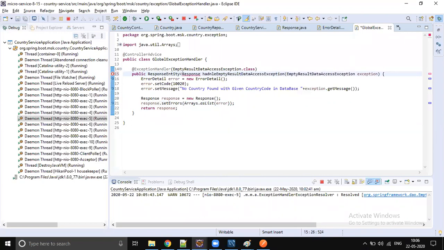Let's return a response entity instead of returning response. See if any difference will come. So it's going to be response entity.